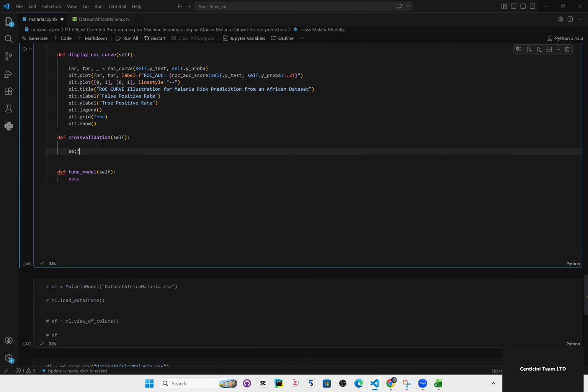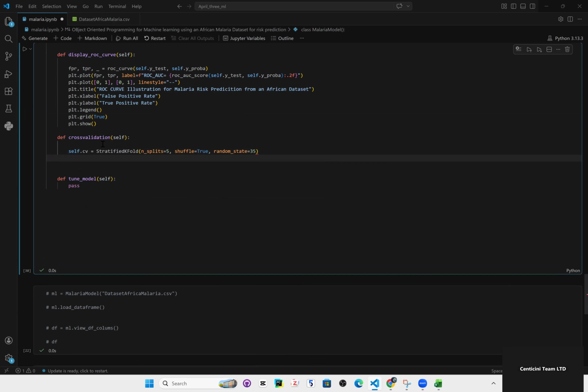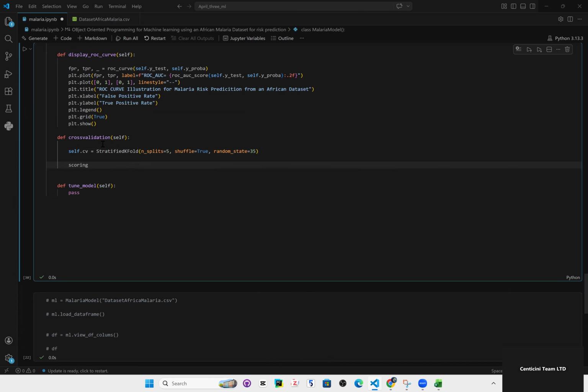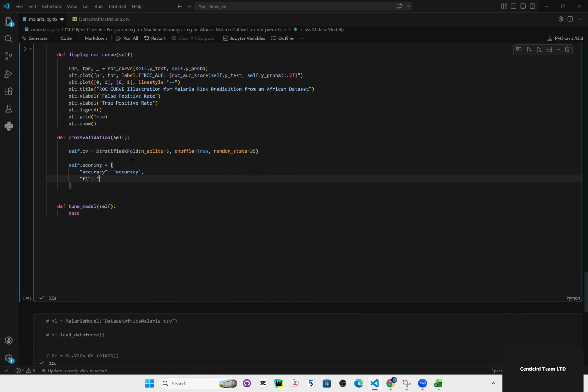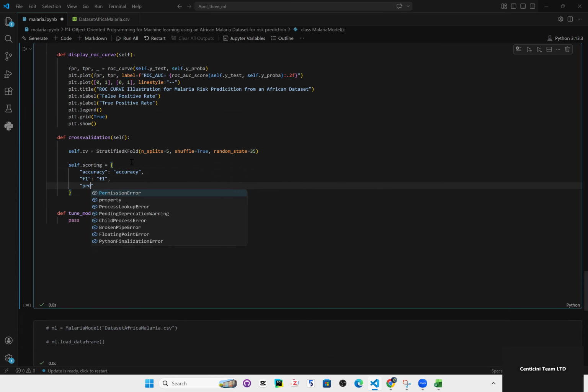So guys, what we're gonna do now is this cross validation. So I'm gonna say self.cv is equal to, of course, our StratifiedKFold, and then we're gonna pass in n_splits at 5, and we could use shuffle true, random state at 45. Okay, scoring here. We could say self.scoring is equal to accuracy, and then we have accuracy, F1, F1, precision,